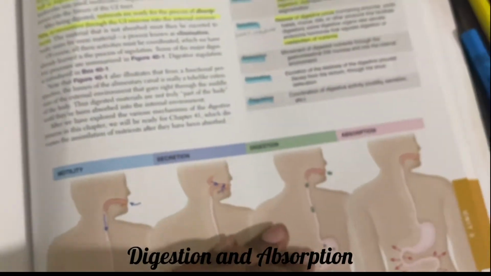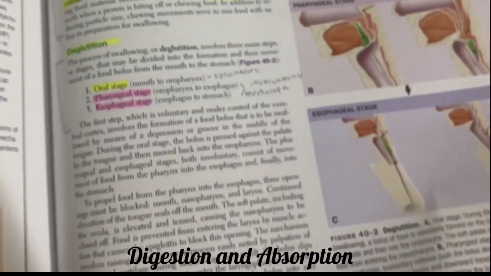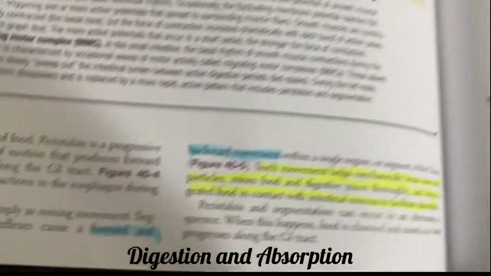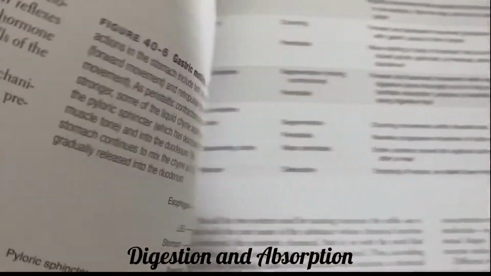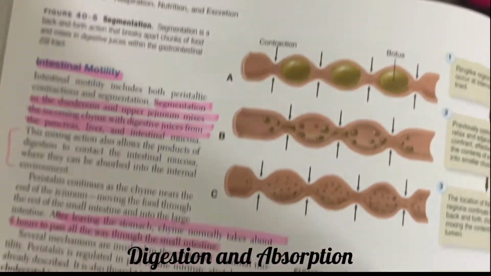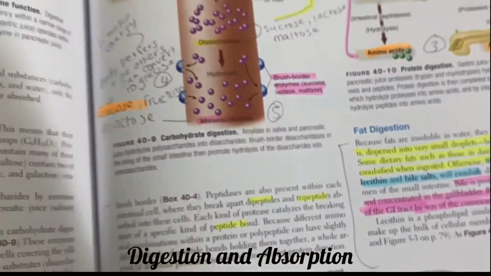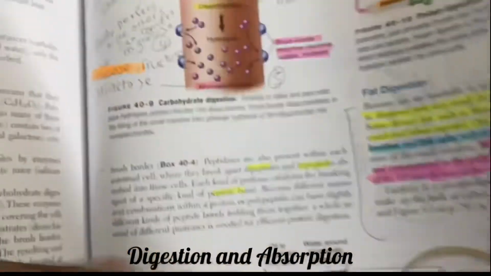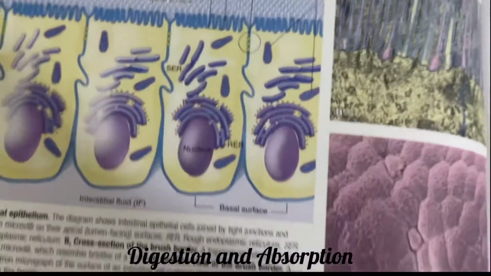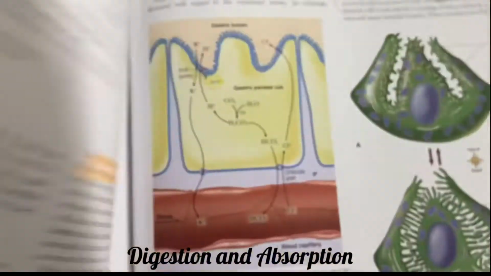by simple diffusion. Substances are just simple diffusion. Some are by osmosis. Water is absorbed by osmosis. How about sodium? Do you still remember active transport? Sodium, potassium pump. So this sodium is by active transport, and your glucose wants to piggyback with your